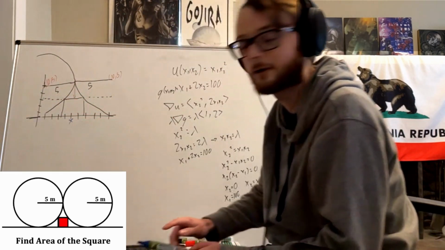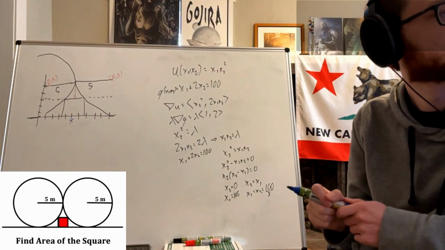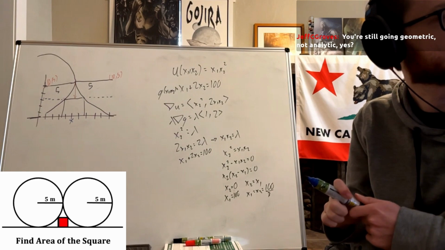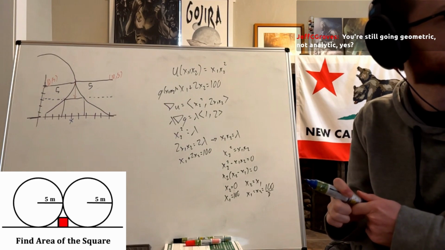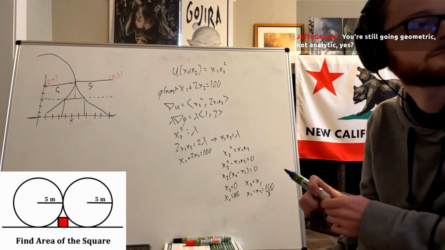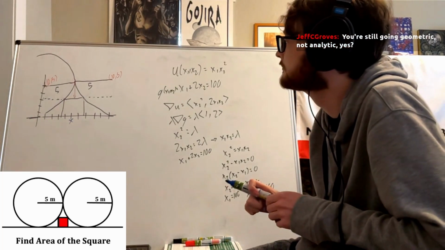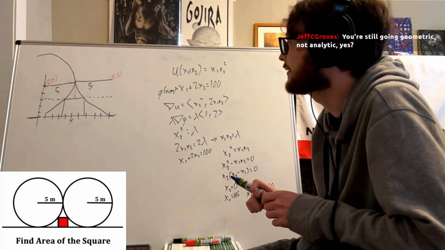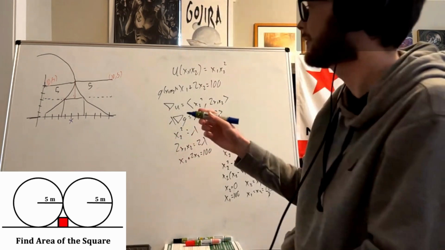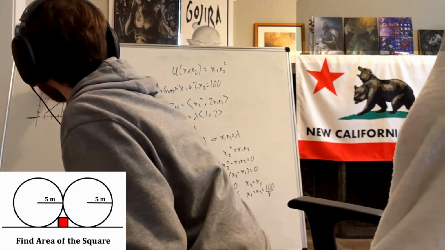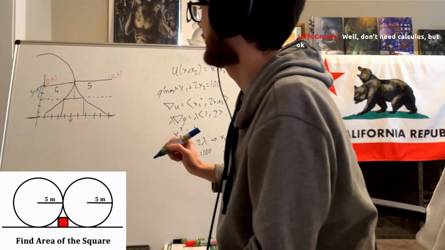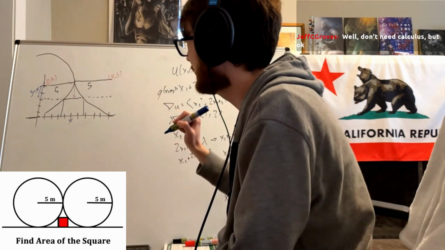Let's clean up some of my work here. Yeah, Jeff, I think we want a geometric solution. There's definitely a calculus way to do this too, but this has geometry vibes to me more. Make the length of the square x, then that means the height is 5 minus x of that part. And then you Pythagorean theorem for the bottom.